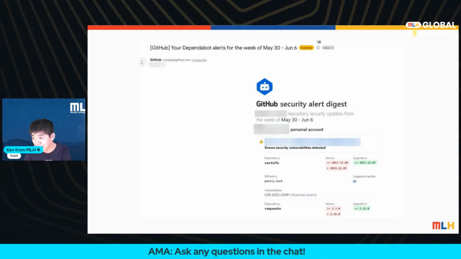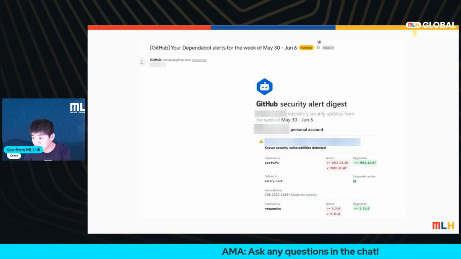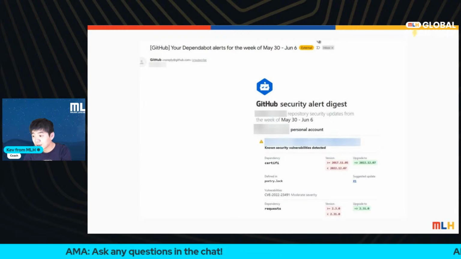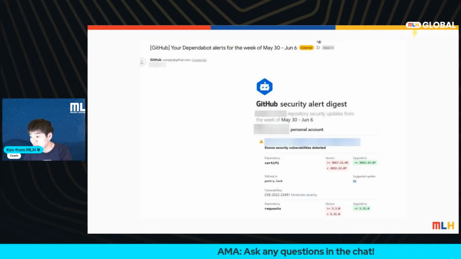So you can see that in this example, not only did it say what version is outdated, it tells me what version I've updated to. It tells me why. It tells you what library it is. It tells me the CVE number, so if I want to look more into this vulnerability, I can. It also tells me how severe